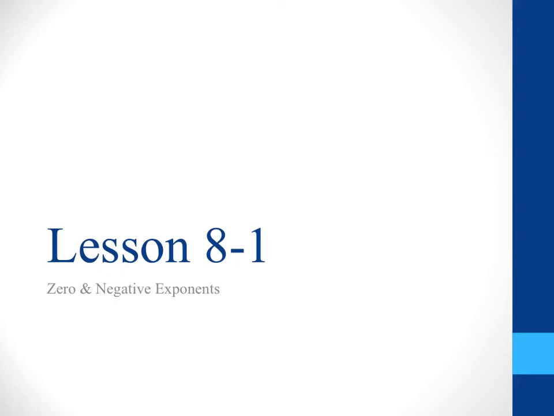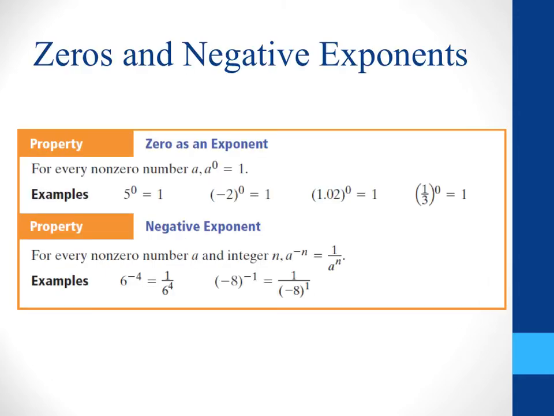Today we're going to look at zero and negative exponents. When dealing with exponents, zero and negative exponents are kind of like a special property. If you notice the first property, it says 0 as an exponent for every non-zero number a to the power